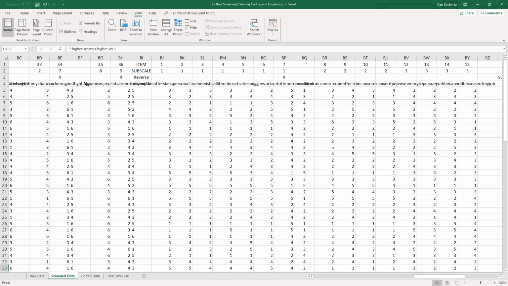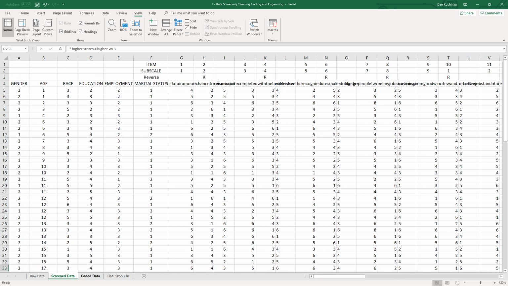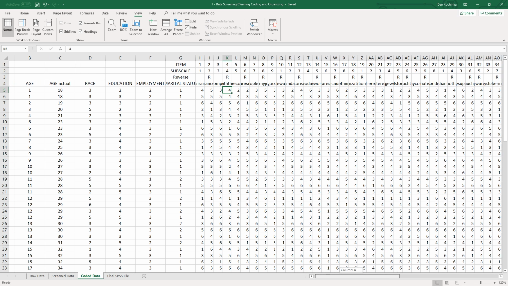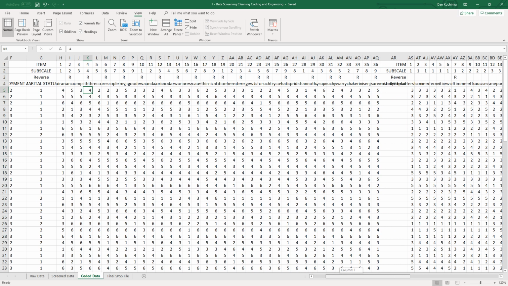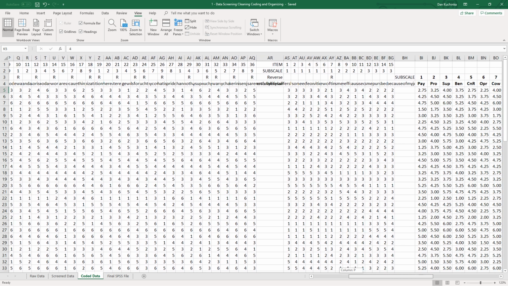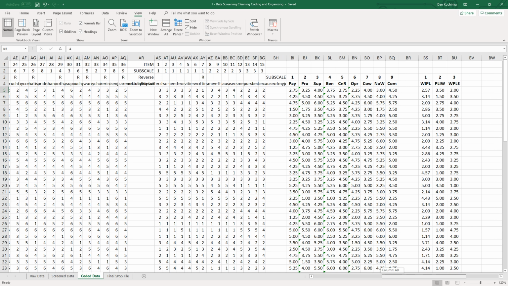Okay, so now let's go ahead and we'll go to the third tab here I created for you. This is what it looks like now after we've recoded everything. So actually we did the reverse scoring, we did our coding here, and you can see everything is nicely cleaned up. I kept these rows in here still so we can understand the information and do something extra. So what that is